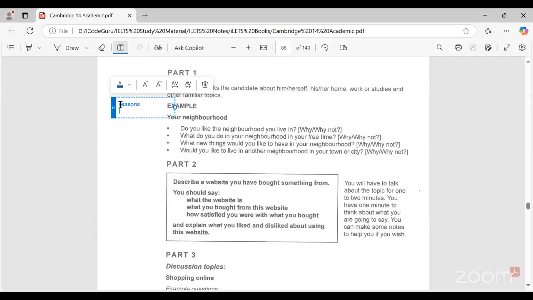Like we can talk about reasons, effects, opinions. Examples are recommended in part 3. Like we can add examples, and benefits we can have. So in different ways we can extend our answer. So you mentioned causes, we can discuss those. So these are the different ways we can extend answers.